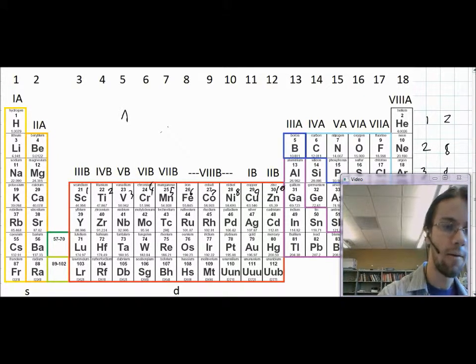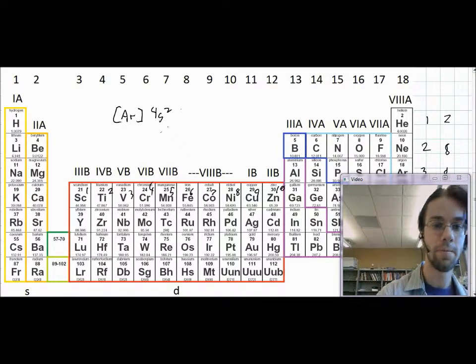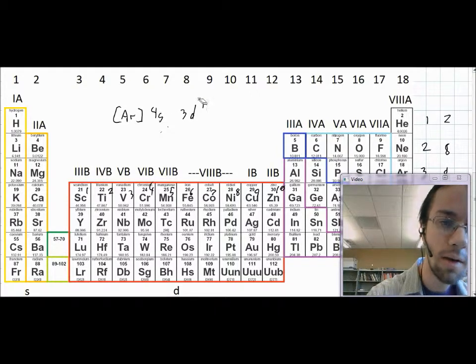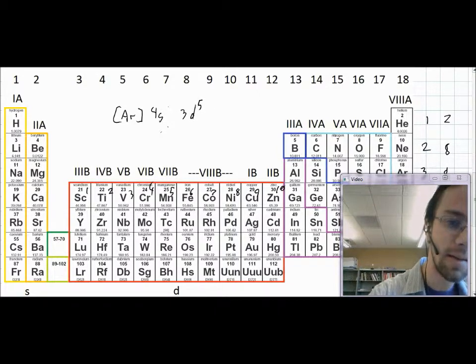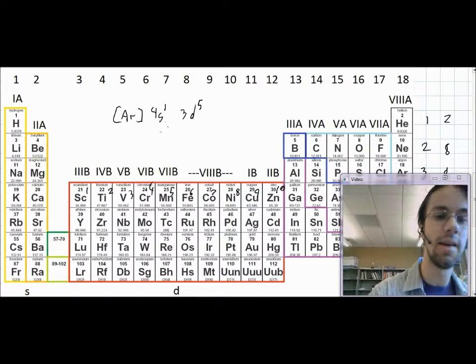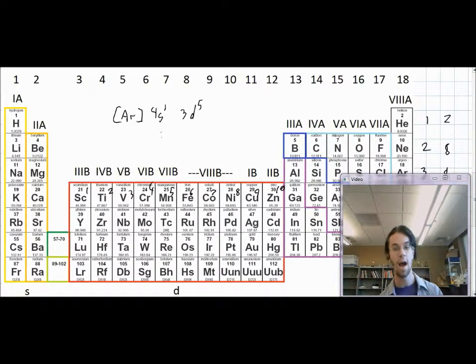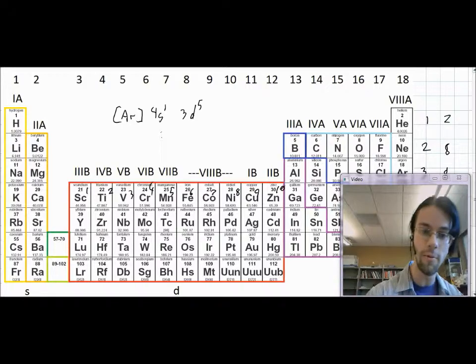So we have argon as the shorthand, and then we have the 4s2 3d4. Well, the s is full. The d isn't half full. So the d is going to force its way to be half full, but also make the s orbital half full. So then what we get is this little number. This will also happen with copper, because copper wants to get that full level at 10,